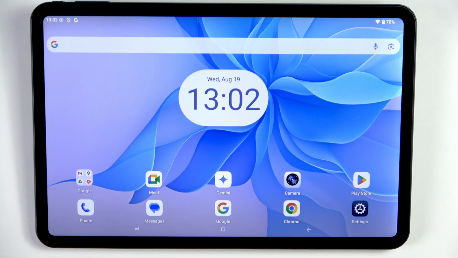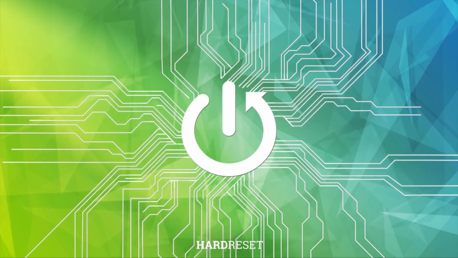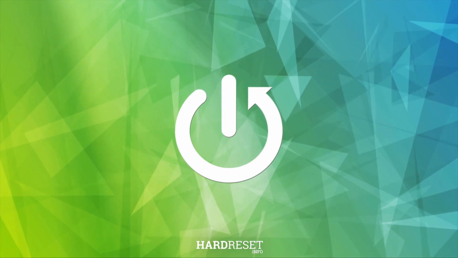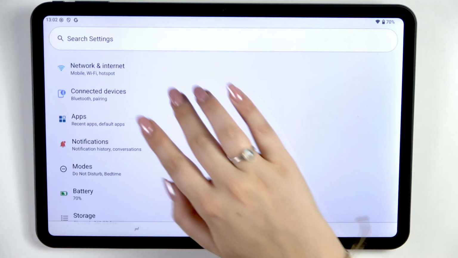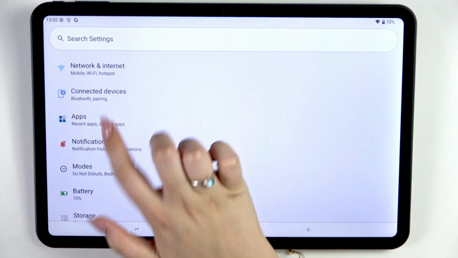Hi everyone, in front of me I've got DOOGEE Tab G6 Max, and let me share with you how to allow unknown sources on this device. So let's begin with opening the settings, and here in this left section we need to find and open the